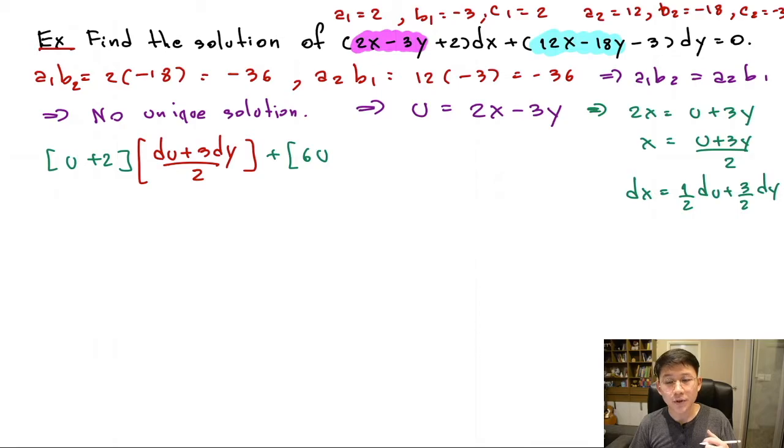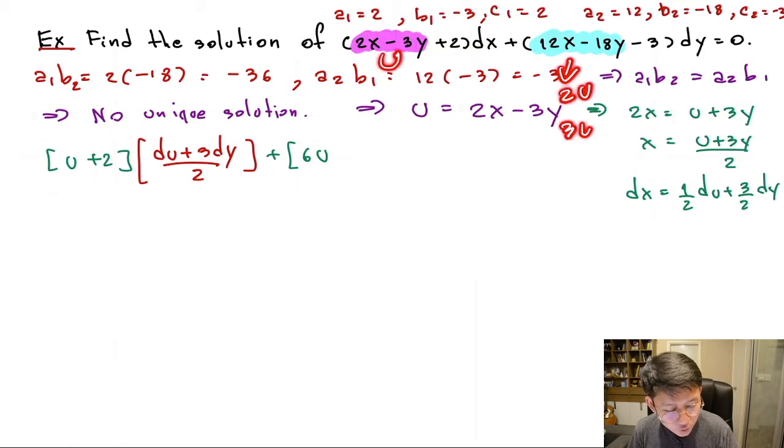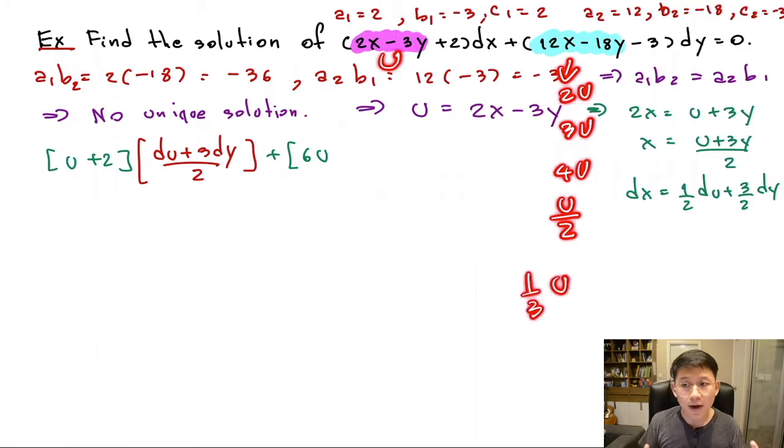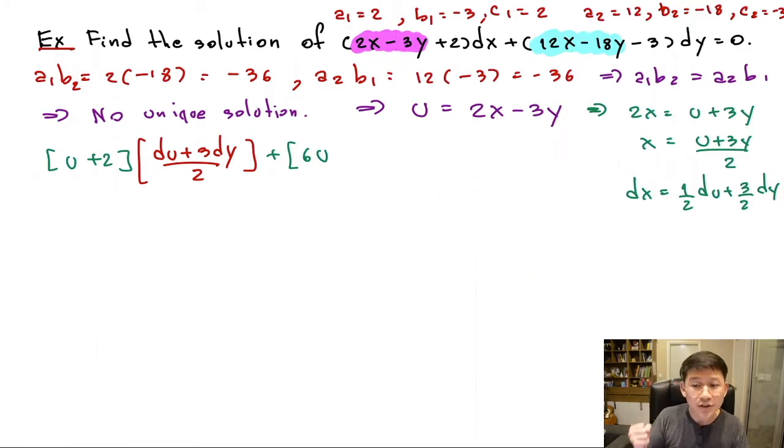So if you write this as u, this guy must be, I don't know, 2u, 3u, 4u, or u divided by 2, or 1/3 of u, stuff like that. But this guy must be able to be written in terms of u as well. Remember that. If it can't be written in terms of u, something's wrong. Cool? So is minus 3 dy